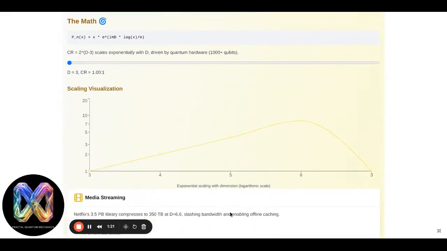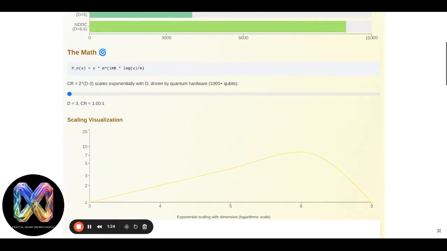So, how does it work? I can show you the mathematical foundation behind NDDC. The core projection function you see here maps into higher dimensional spaces using quantum principles and fractal mathematics. This interactive slider demonstrates the exponential relationship between the dimensions